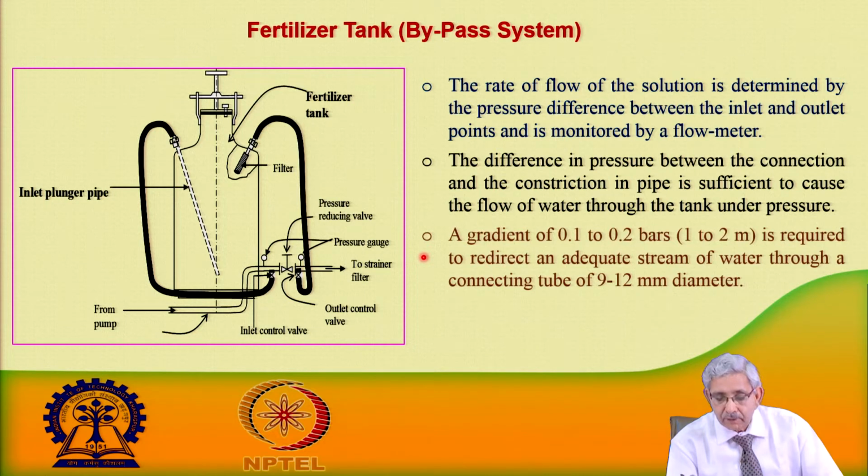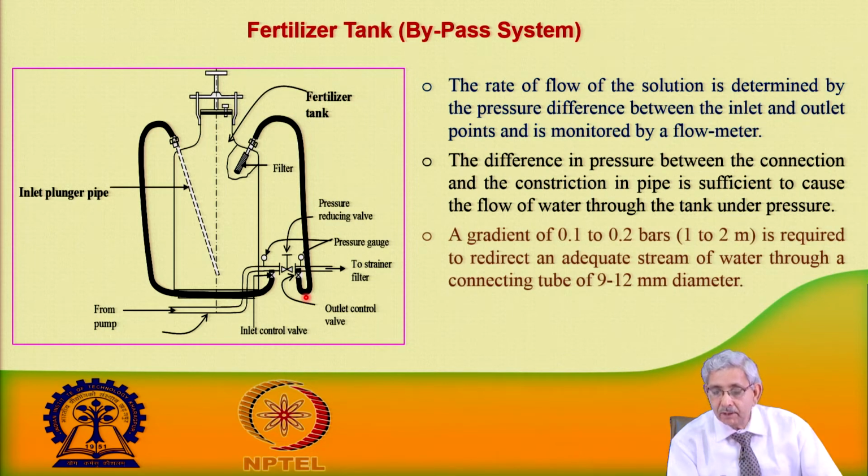The rate of flow of solution is determined by the pressure difference between the inlet and outlet points, and is monitored by a flow meter. The flow meter is another device used to monitor how much fertilizer and how much